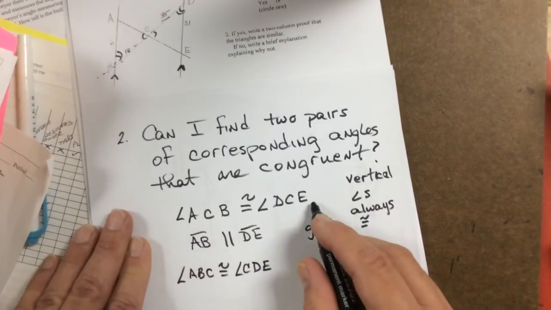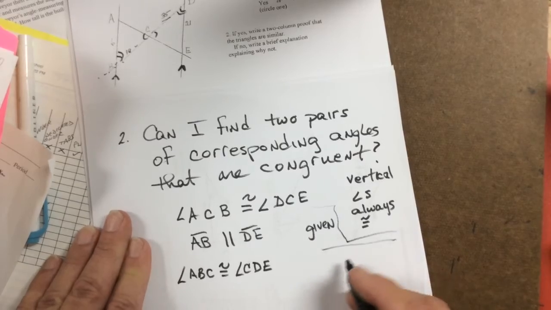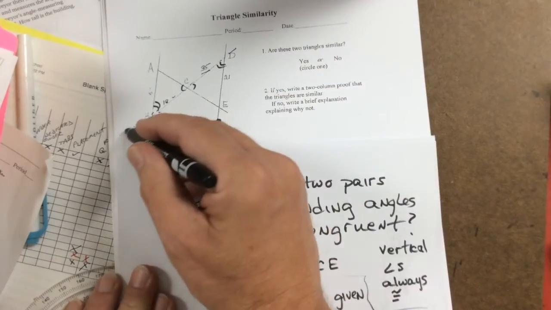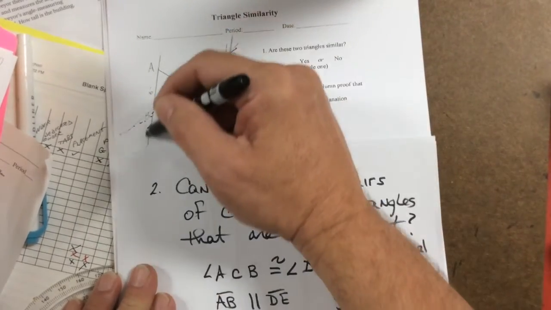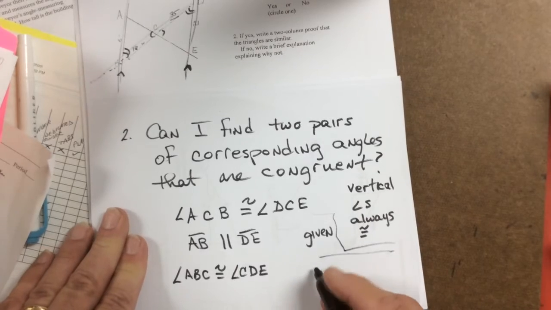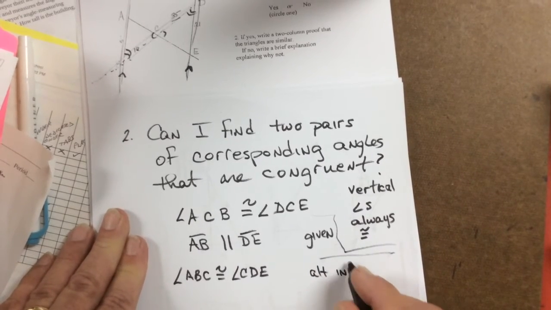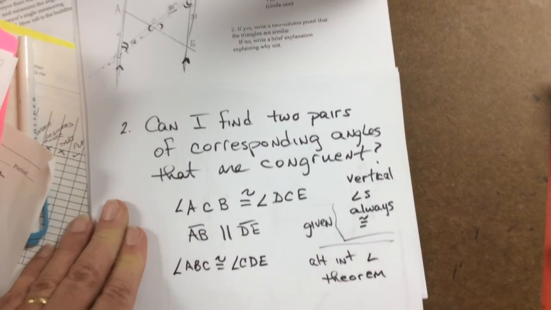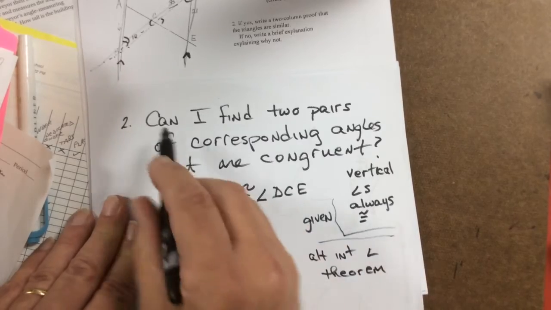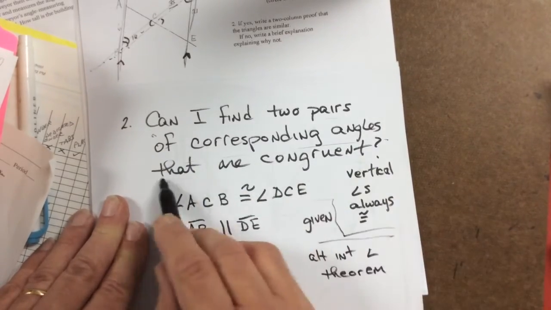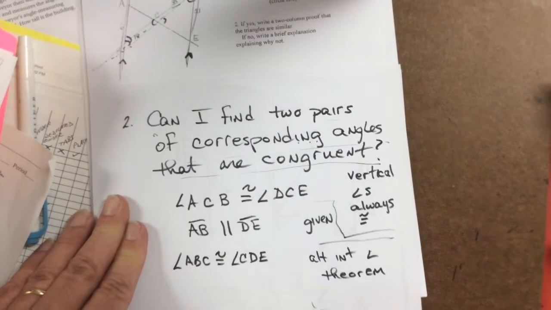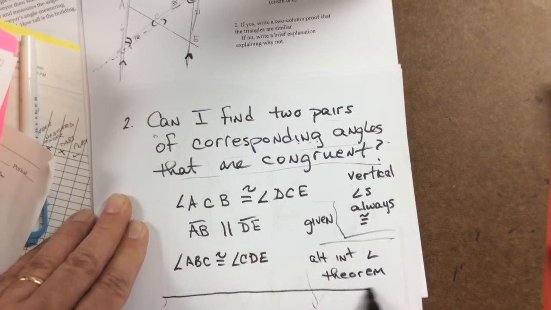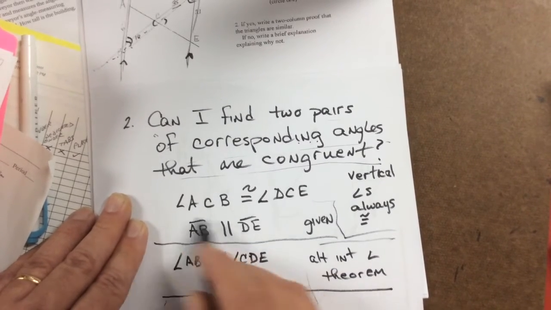And the reason for that? These are alternate interior angles created by a transversal that are crossing lines we already know are parallel. That is the alternate interior angle theorem. Okay? So now the answer to this question, can I find 2 pairs of corresponding angles that are congruent? In this case, the answer is yes. Here's one. Here's the other. So I got these 3 things,